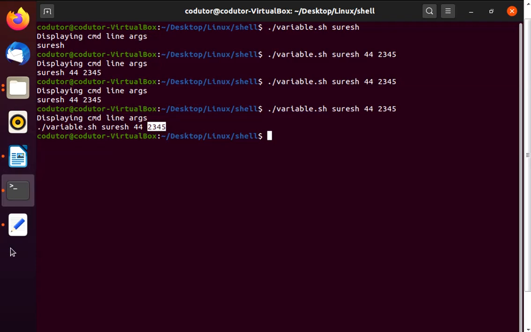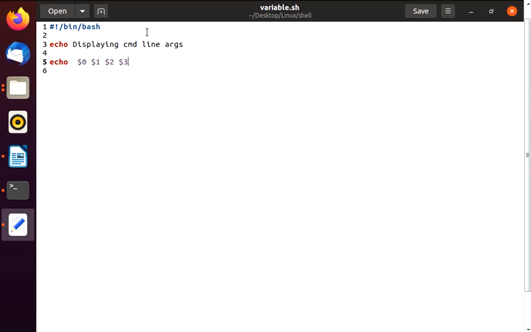And if you don't want to use this many variables like $1, $2, $3, let's say multiple command line arguments are being passed to your code, and you don't want to waste time printing $1, $2, $3, instead of all these things, what we can do is use $@ and it will print all the command line arguments.